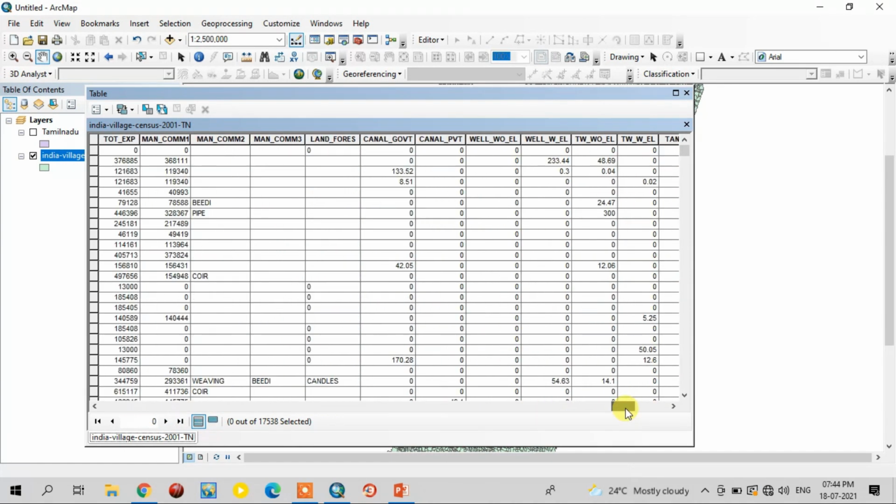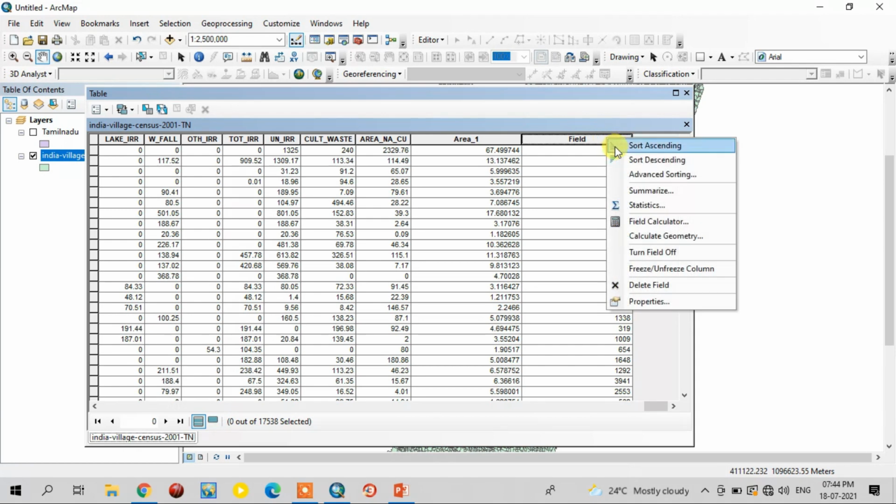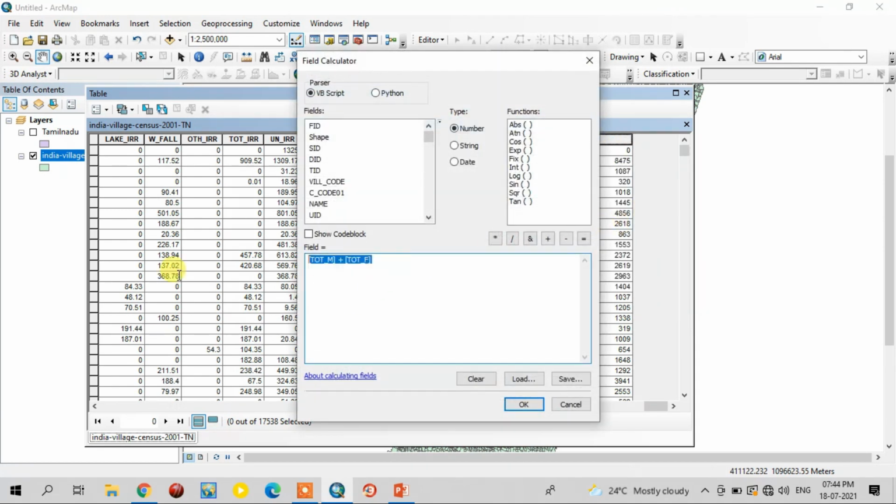Two things we have already. So using this same column I am going to create the population density values. For this I am going to select the total population divided by total study area. This is our population density.